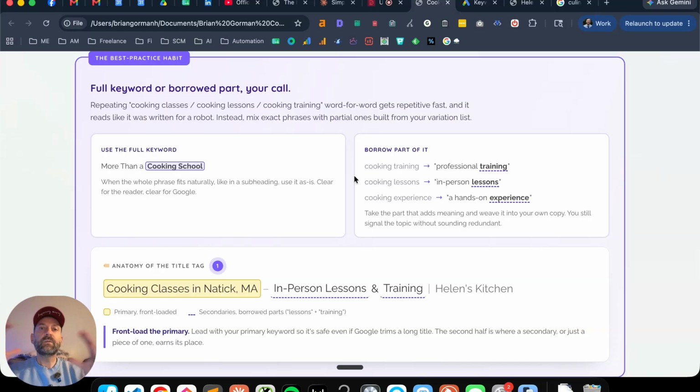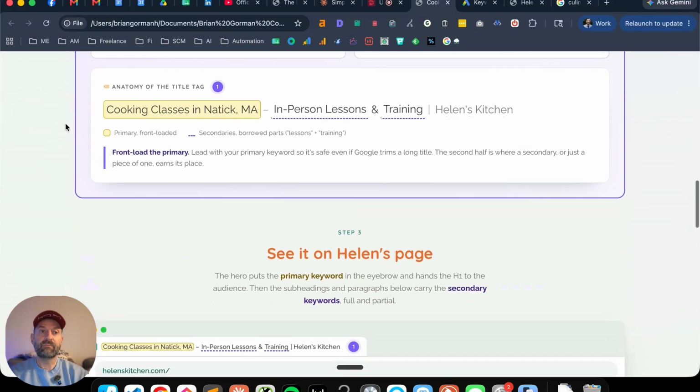And since it's so obvious that this is a page about cooking classes and cooking school, the keyword is almost implied. So you don't even really have to use the whole thing. And if you did, your page would turn out really spammy and it wouldn't read well. And like I've said, I want to teach you how to be a tasteful SEO and create really good content that reads well. So know that that technique is available, and we're going to apply it right now in the